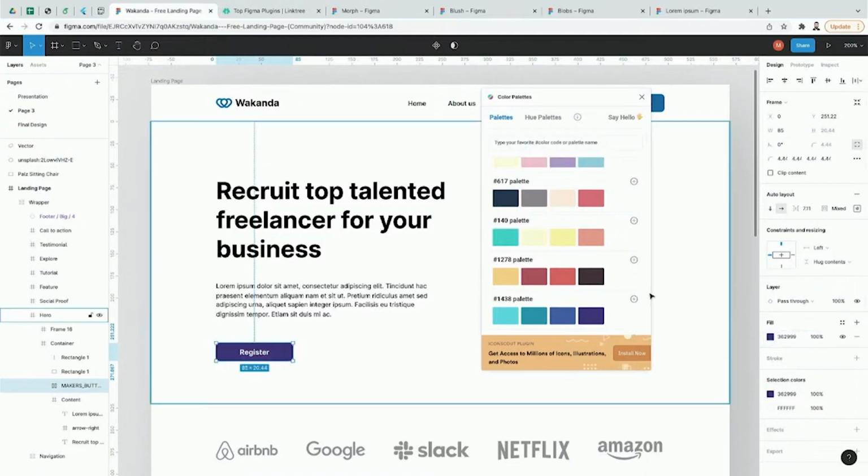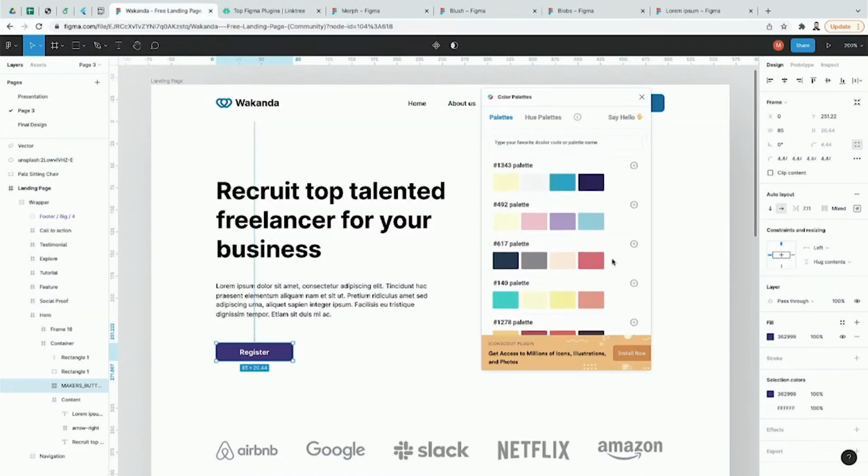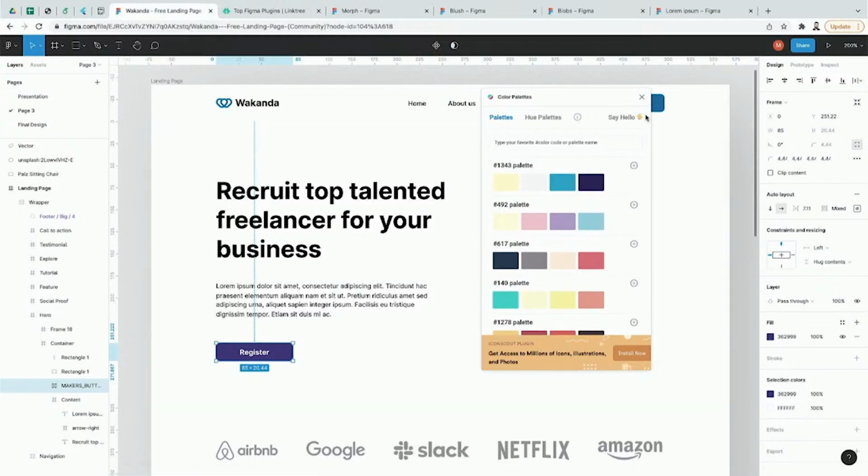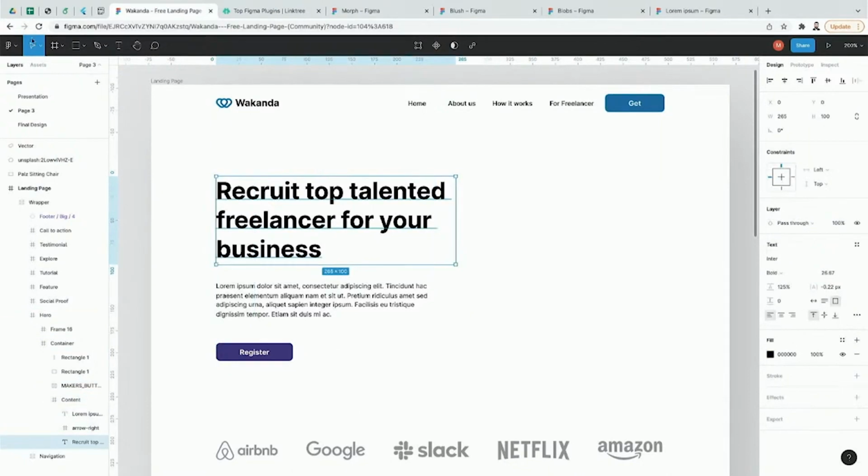So yeah, obviously if you want to have these colors consistent across all of your pages, you want to save them and you don't want to keep using the plugin. So this is just for inspiration. The other plugin, which is